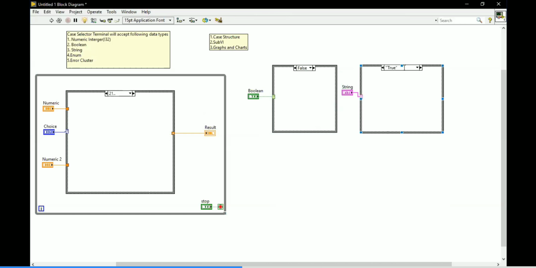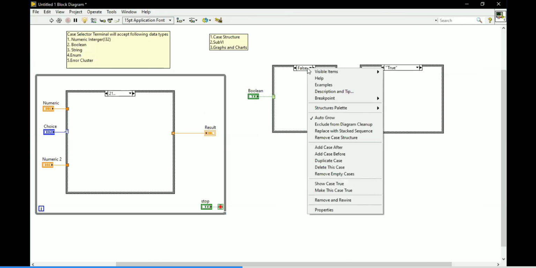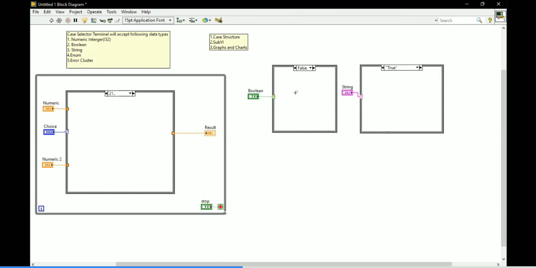Like this you can add cases here. So Boolean and string. Anyway, enum we are going to discuss.